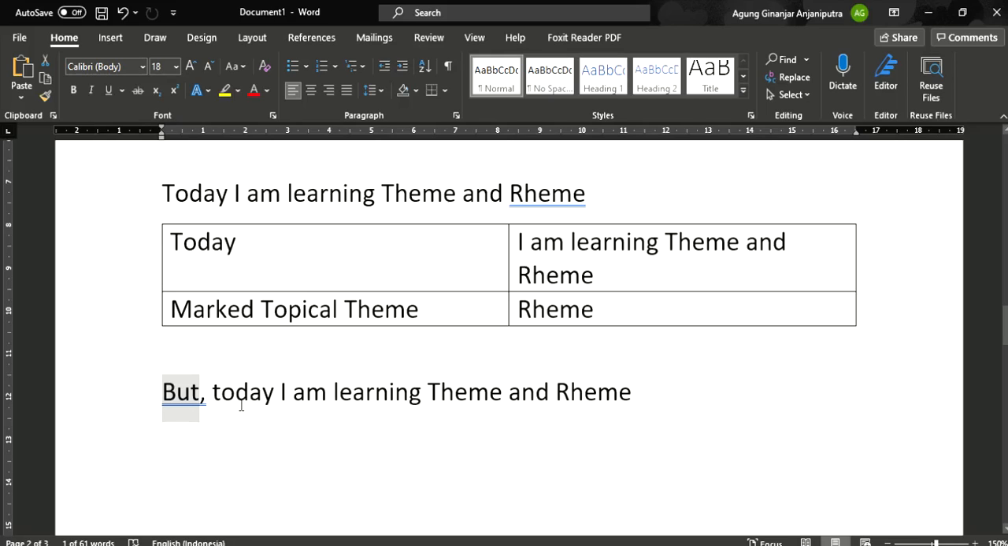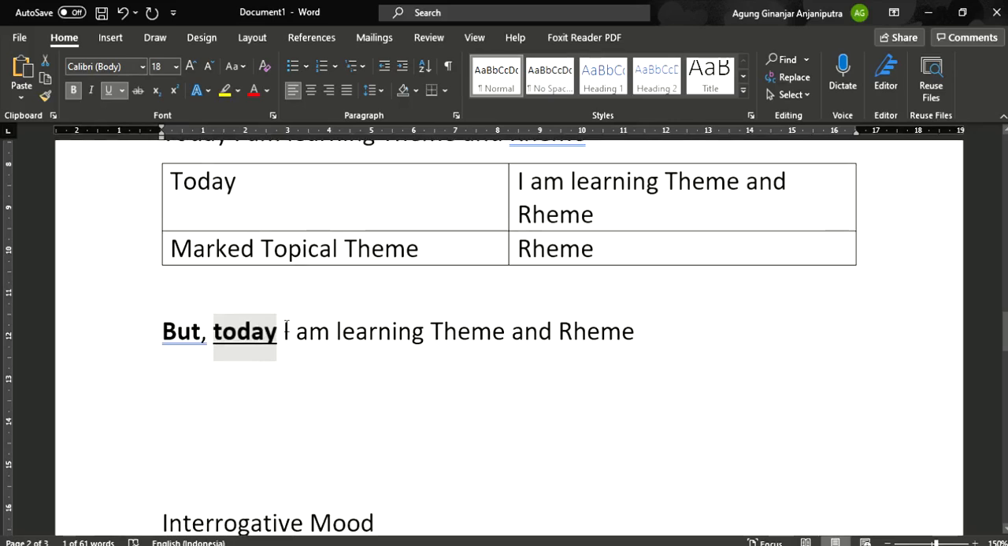Please look at that: "but" has no function in the transitivity system. That's why it is a textual theme. And "today", since it is a circumstance of time, indicating the time, will become a topical theme in this context, which is marked. So the rest of the clause will be rheme. Another example in another clause, for example, "but